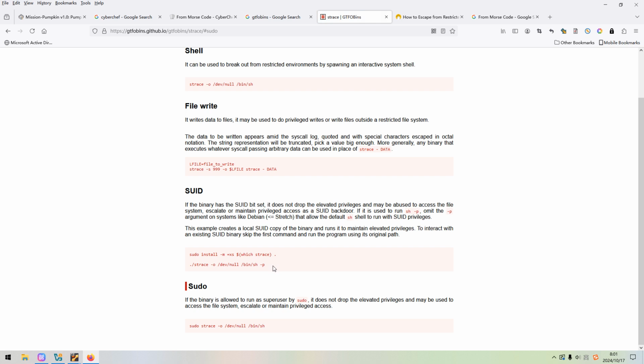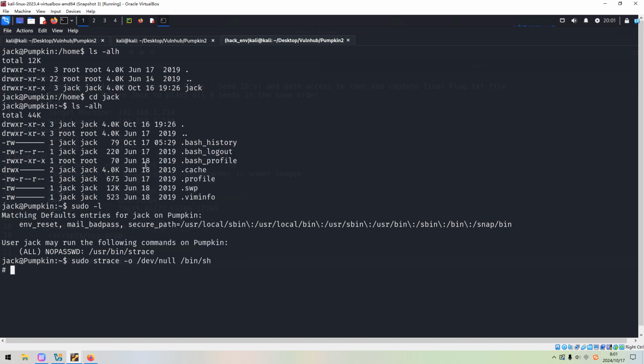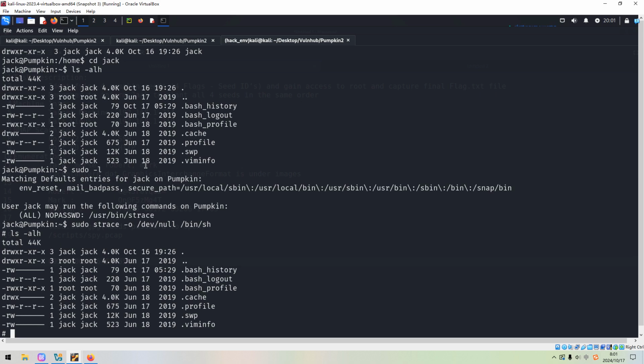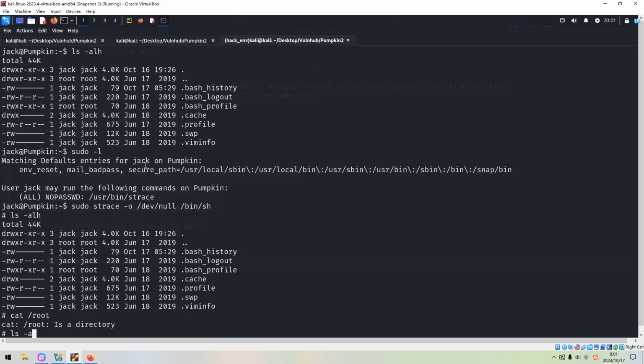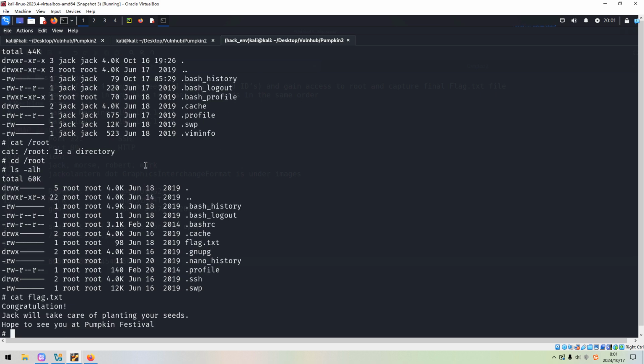So I think we can just copy this command from here and run it. And then we can grab the root flag, right? Okay, so we have already successfully got the flag.